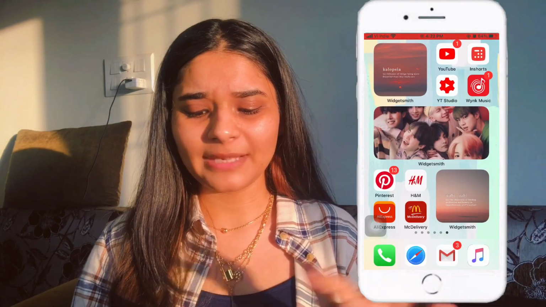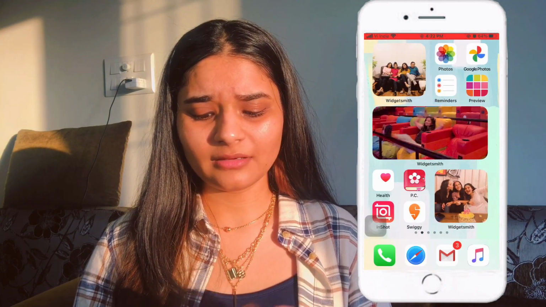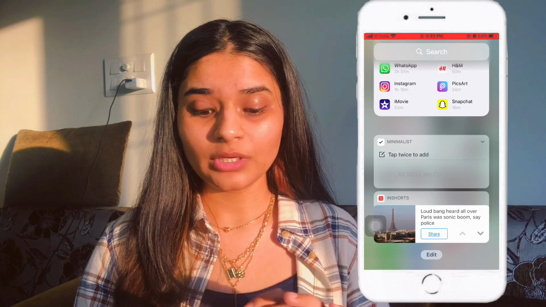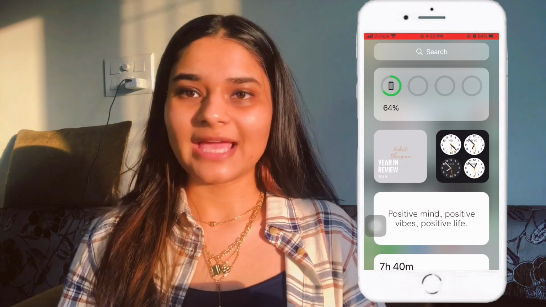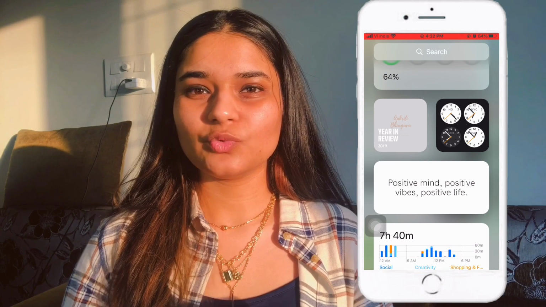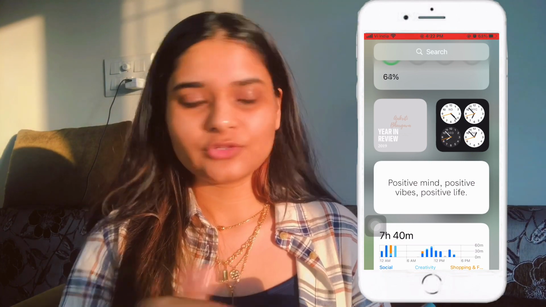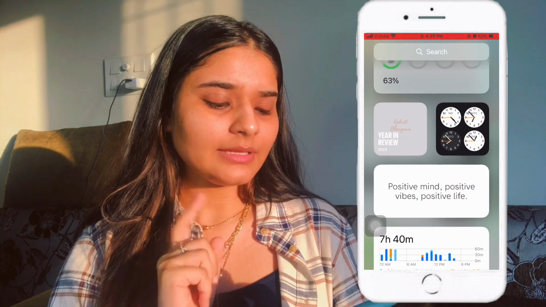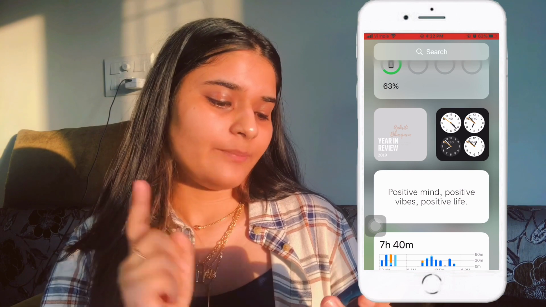Next, this is my app library, and yeah, these are all my applications. Let me show you what we have here. Okay, so this is the widget library place. First of all, we have the search application. Then we have batteries, because when I connect it to AirPods or my MacBook, its battery is reflected here, so it's handy. Then we have gallery. Then we have clocks. Okay, this one is interesting.